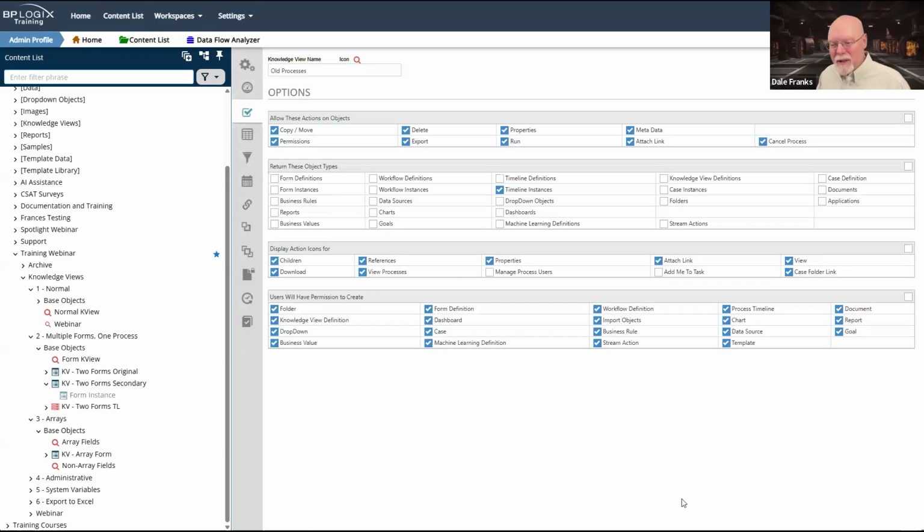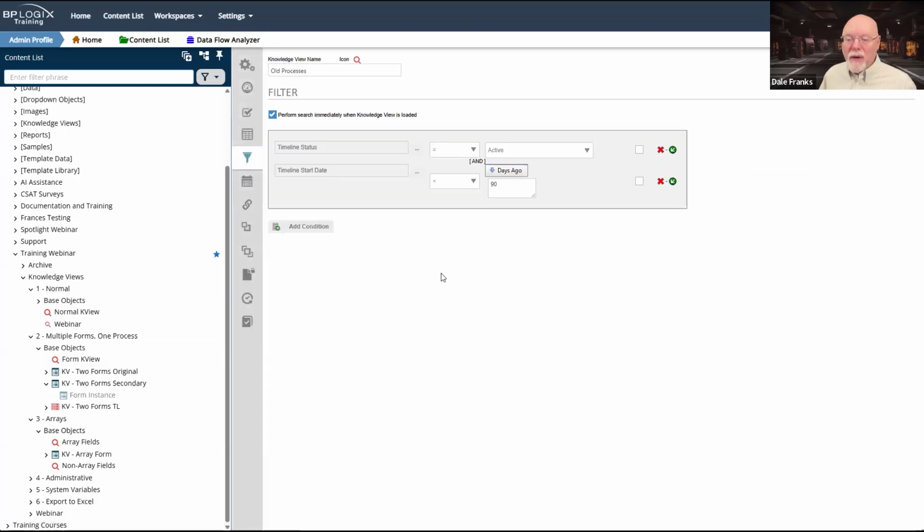And on the options tab, the only thing you would change, and this is the unusual bit, is you just return timeline instances because you are just looking for processes in error. So create a brand new knowledge view, call it processes in error, go to the options tab, set it to return timeline instances, go to the filter tab,